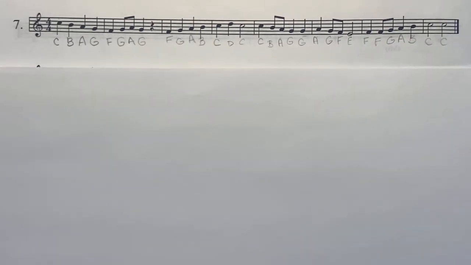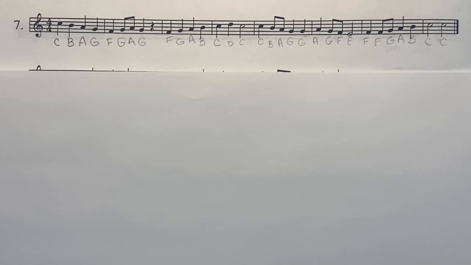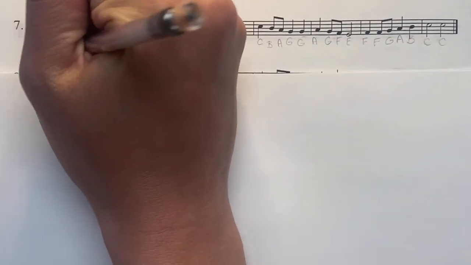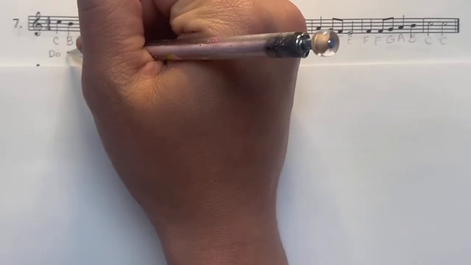Now, I want to have us identify the solfege names of each of the notes as well, so when we sing them, we'll know what to do. C is always going to be our starting point for do, whether it's the octave up or the octave down. So in this case, we start with the high do. So I'm going to write do right there. Now we're going down, so it's going to be ti,